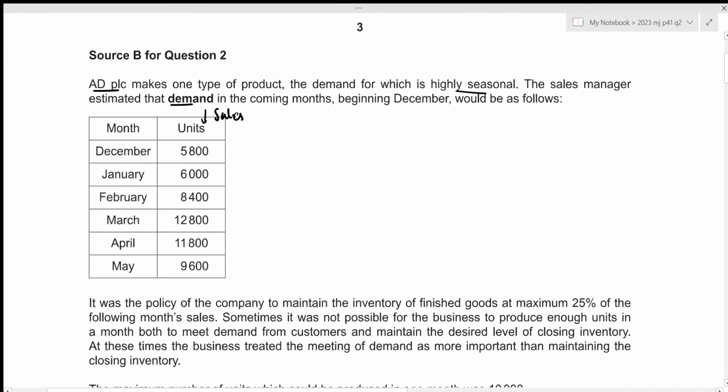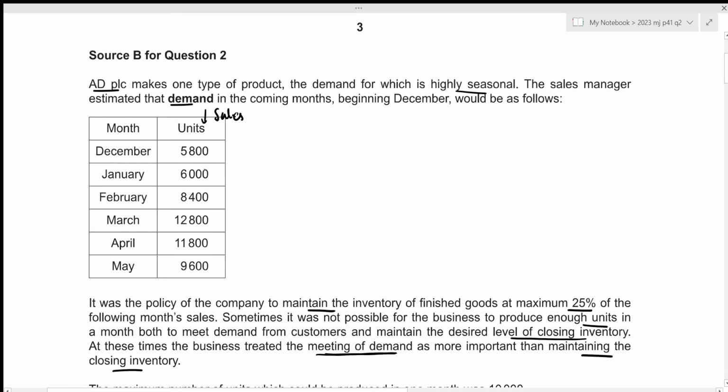Then it was the policy of the company to maintain the inventory of finished goods at maximum of 25% of the following month's sales. Sometimes it was not possible for the business to produce enough units in a month, both to meet the demand from customers and maintain the desired level of closing inventory. At these times, the business treated the meeting of demand as more important than maintaining the closing inventory. Okay, so we should prioritize the meeting of demand, which is basically our sales, rather than maintaining the closing inventory